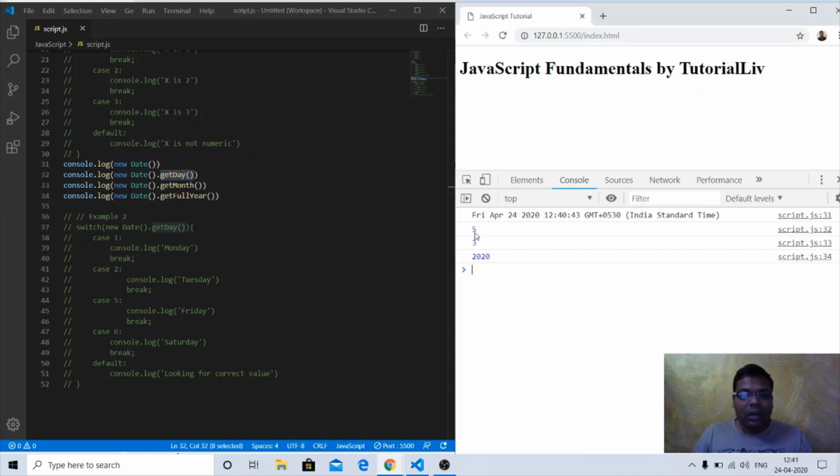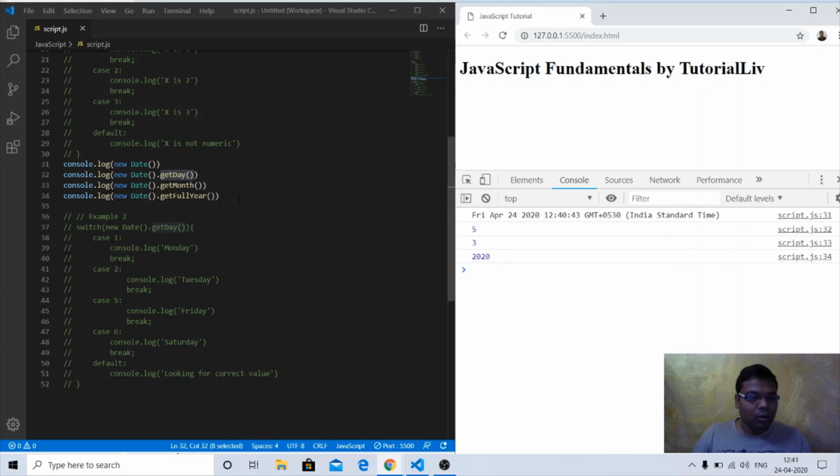Monday is 1, Tuesday is 2, Wednesday 3, Thursday 4, and Friday is the 5th day of the week according to this. Month, it's April, so it starts from January considered as 0, 1, 2 and 3. So April comes as 3 and the year is 2020.